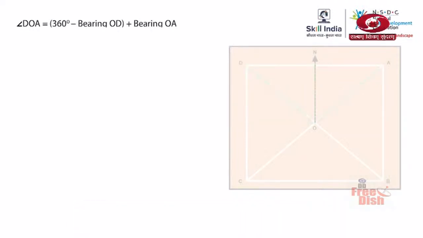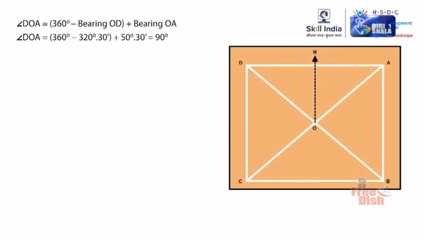So to calculate angle DOA, you have to use the formula. Angle DOA is equal to 360 degrees minus bearing OD plus bearing OA. So angle DOA is equal to 360 degrees minus 320 degrees, 30 minutes plus 50 degrees, 30 minutes, which is